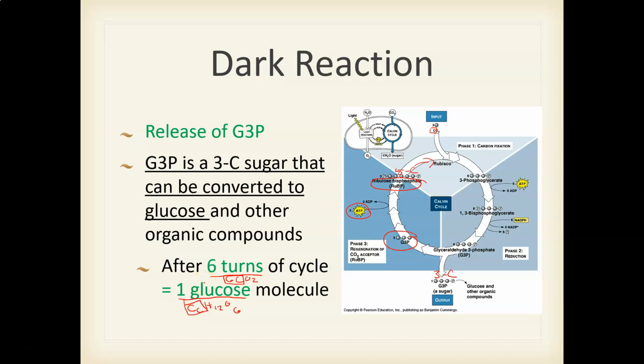So I need those 6 carbon atoms in order to make that 6 carbon in a single glucose. That also means that in order to make this work, I actually need 2 G3Ps to make a single glucose molecule, because remember those G3Ps are 3 carbons apiece. So in order to make this work, there's where those 6 carbons in that overall chemical reaction for photosynthesis, I need 6 of them in because I need 6 carbons to go through this cycle to ultimately make me 2 G3P molecules, which then can get put together to make a single glucose.